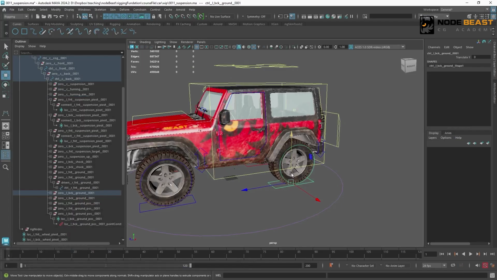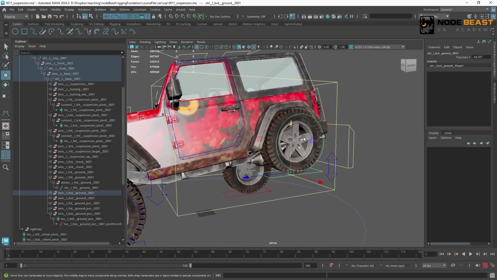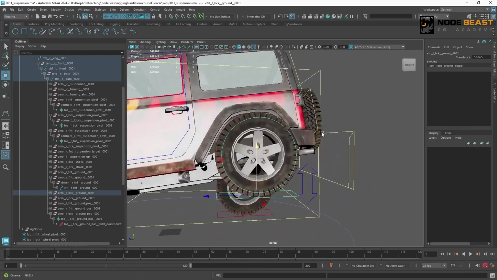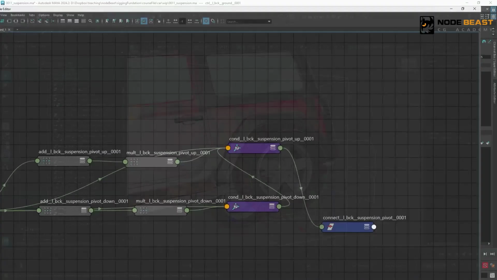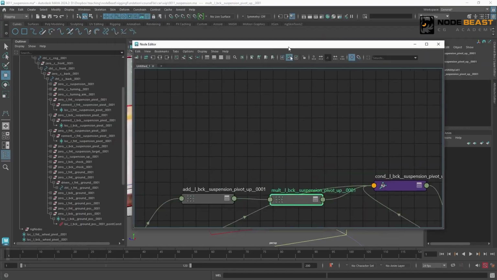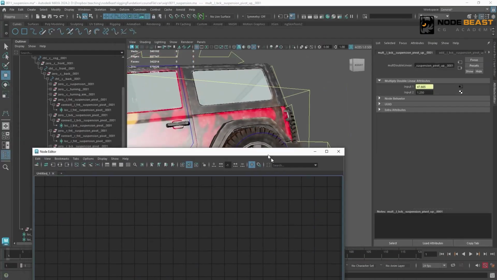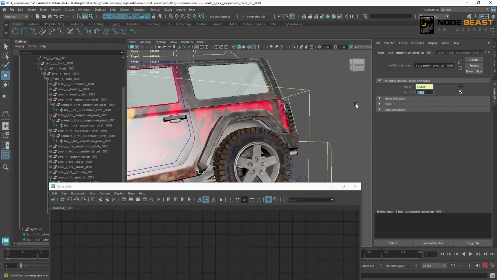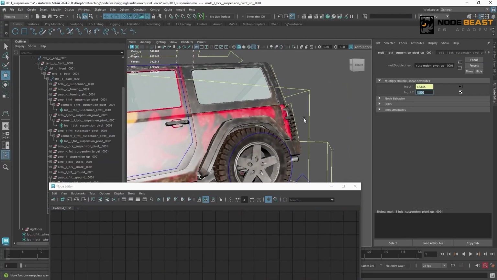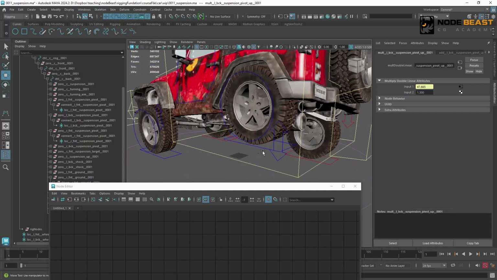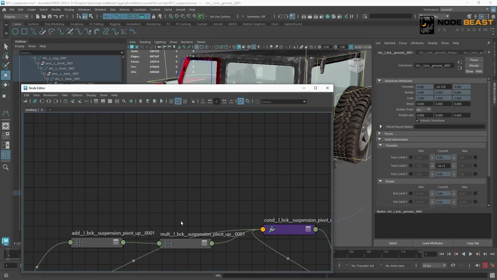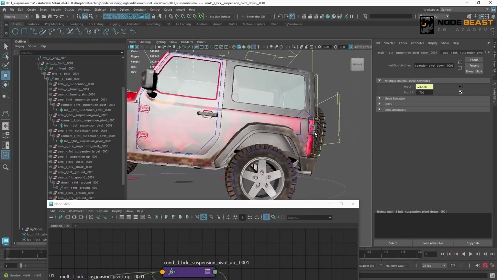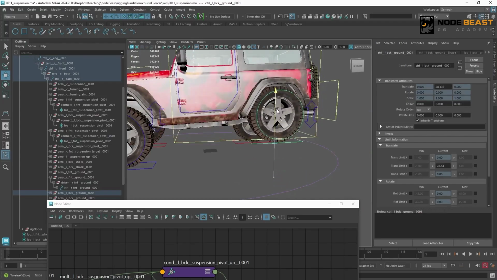This way, let's look at the back. The effect looks okay. The rear wheel structure is a bit different from the front wheel. So for a better effect, we can fine-tune the two multipliers we just used. That one was 1.25. For up, maybe I'll change it to 1.5. 1.5 might be a bit too high. 1.3 looks a bit better. When moving down, this was originally 1.5. Let's try 1.7. The effect seems relatively better.